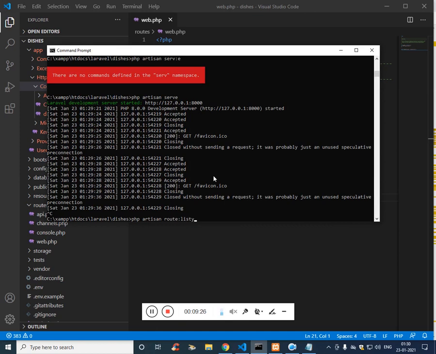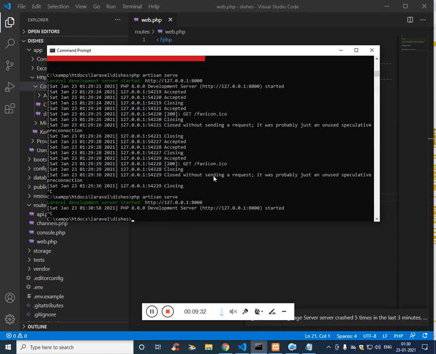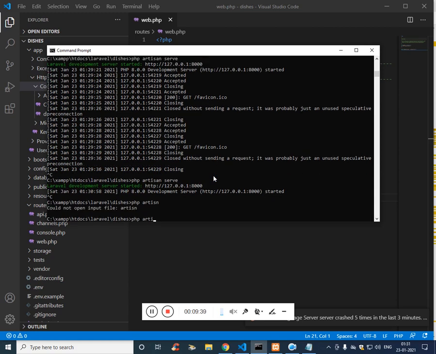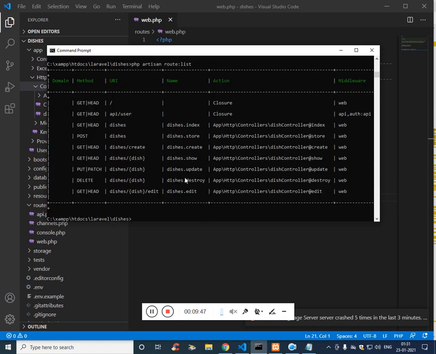Type php artisan route:list. It is going to show you the list of routes. Actually, I made a mistake. php artisan route:list. Click enter, and these are the routes available for us. You would be familiar with it.